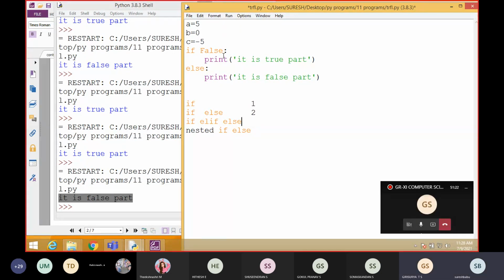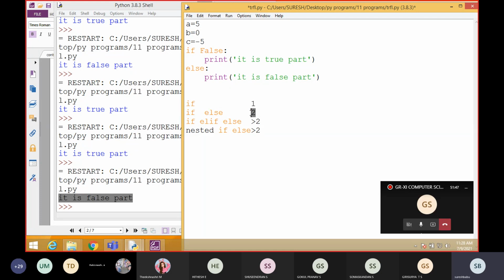Yes, sir. If more than two choices come, you have to go for the remaining two methods: else if or nested if else. All these four types will give you only one output, but we have a lot of choices. In the first one, there is only one choice, and we execute only one output.